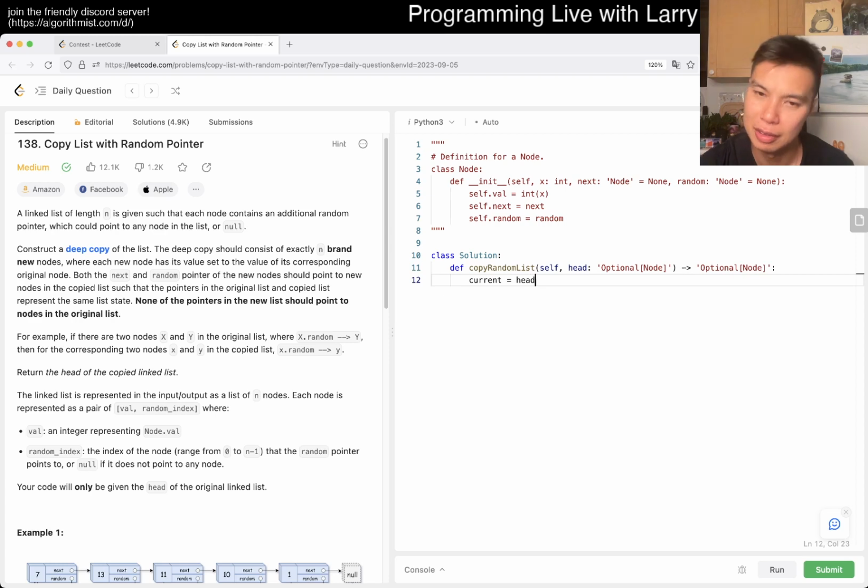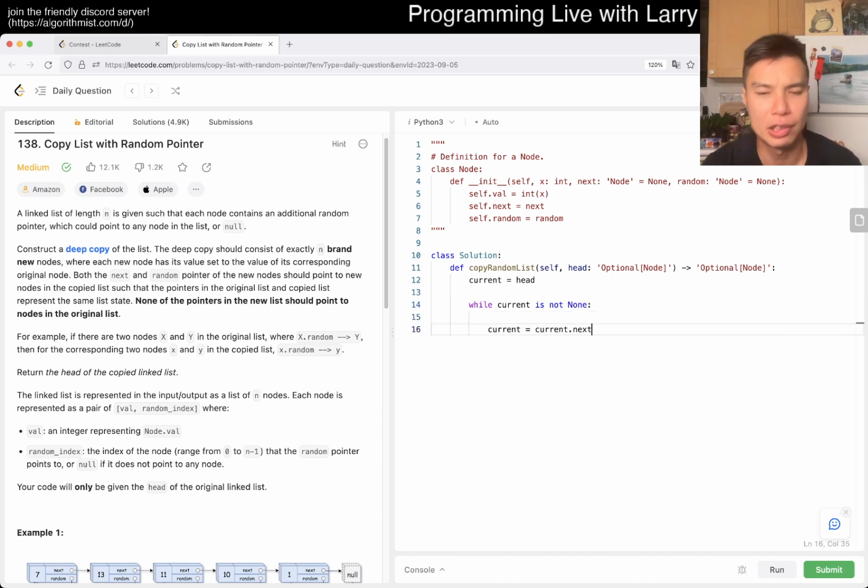Oops, cannot type today. So while current is not None, current is current.next. So this is just writing the iterator, which there's a cleaner way to write. I think maybe you have to write some kind of hash for the node class or something. I don't know that much Python, so who knows. But in any case, so then now we